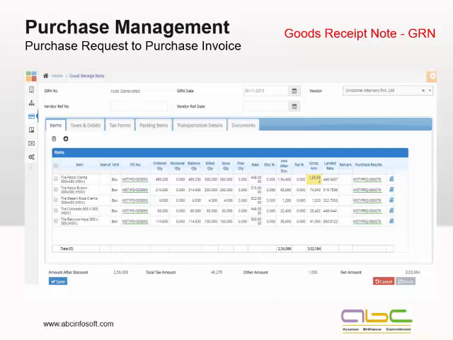So what is the ordered quantity in the purchase order, how much we've already received, what is the balance quantity, the billed quantity, issue quantity, free quantity, rate. Whenever you're generating it, there's always a reference to the purchase order and the purchase request number, so you can always track it back. Why is this material required? And we can never receive any material which is more than my purchase order.